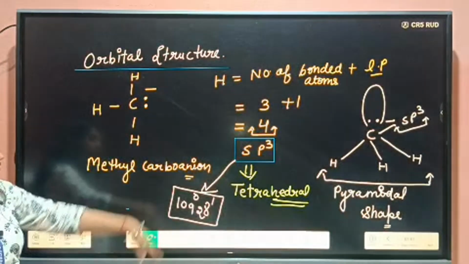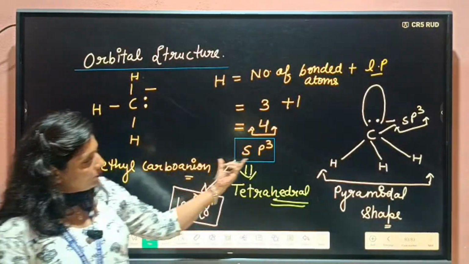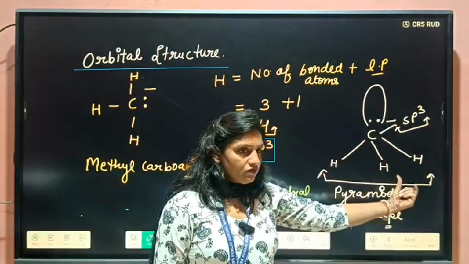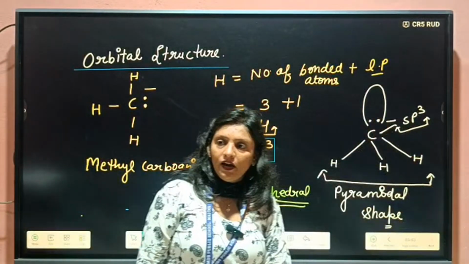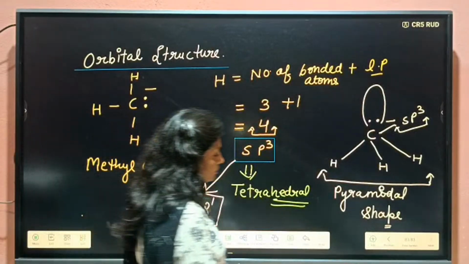So students, it is all about the orbital structure. It has sp3 hybridization and pyramidal shape. You can draw it in this way. Any doubt in this? Clear? Yes. Then students,